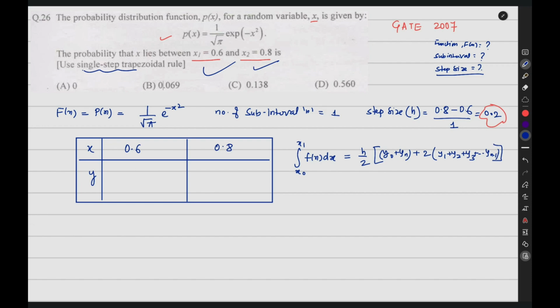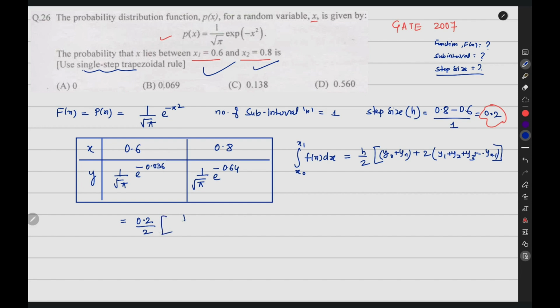Now we will determine the value of the function at x equals to 0.6. So we will write 1 upon root pi e to the power minus 0.6 square, which would be 0.036. For 0.8, we will write 1 upon root pi e to the power minus 0.8 square. So we can write this as 0.64. Now we will substitute the value as h, that is interval, is given as 0.2 by 2 into the